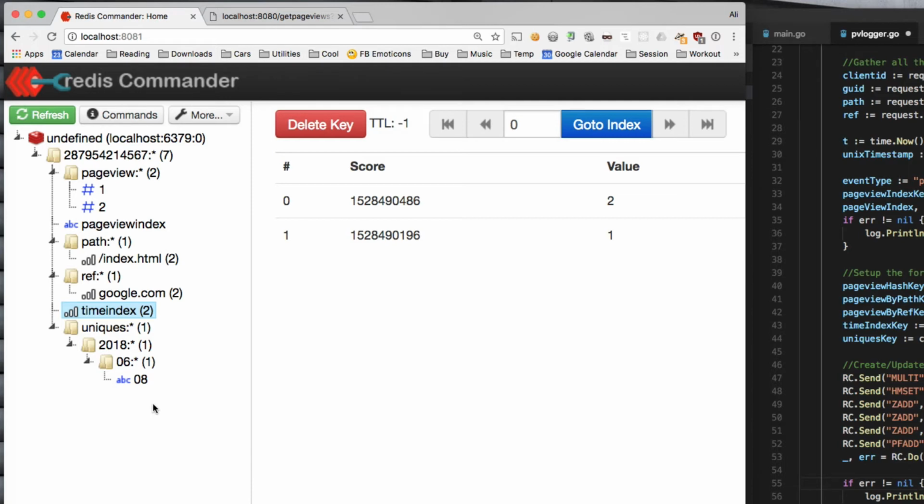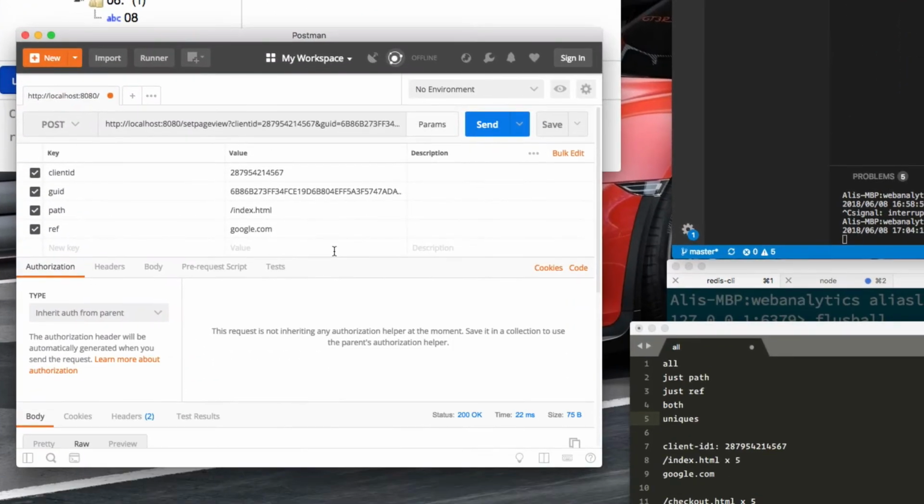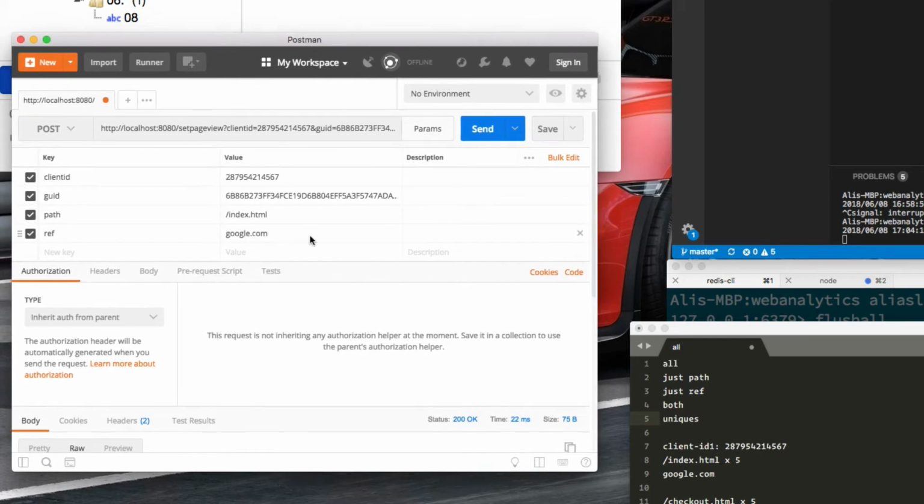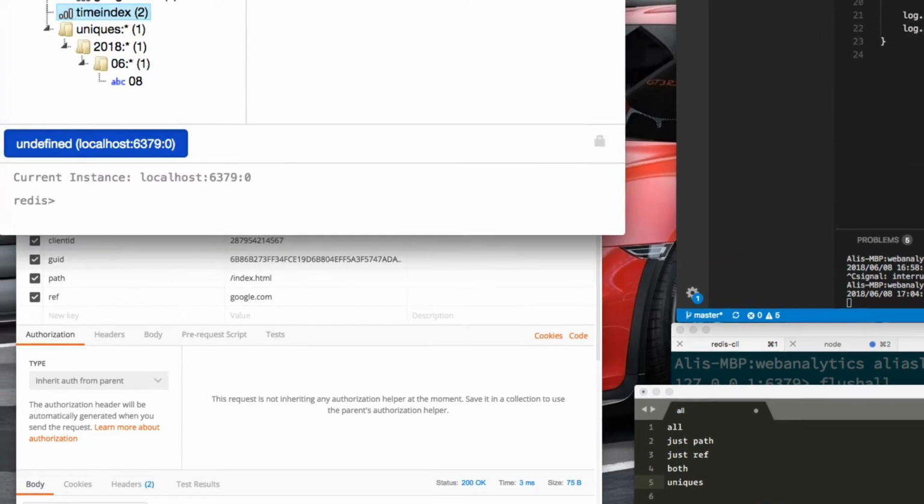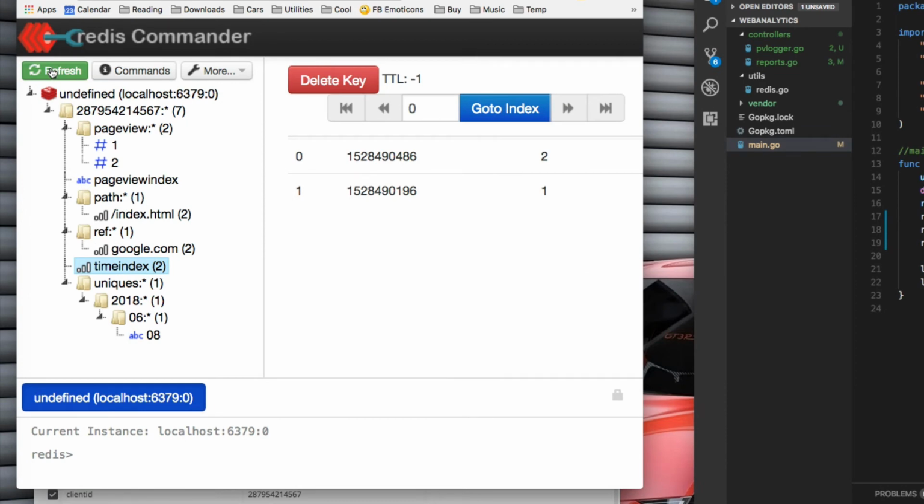So now let's make a few more post calls just to make sure that we have enough data, and then we will go through making some get calls to make sure that reporting is working correctly. All right, so let's actually make a few more hits here, just with this client ID, this path and refer. So we'll send 3, 4, 5, 6, 7, 8, 9, 10, 11, 12. So we send 12 more post requests. So if we actually refresh Redis Commander,